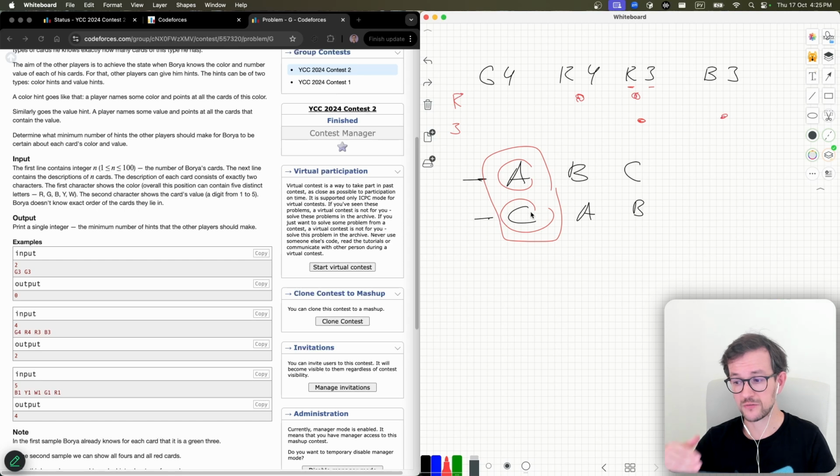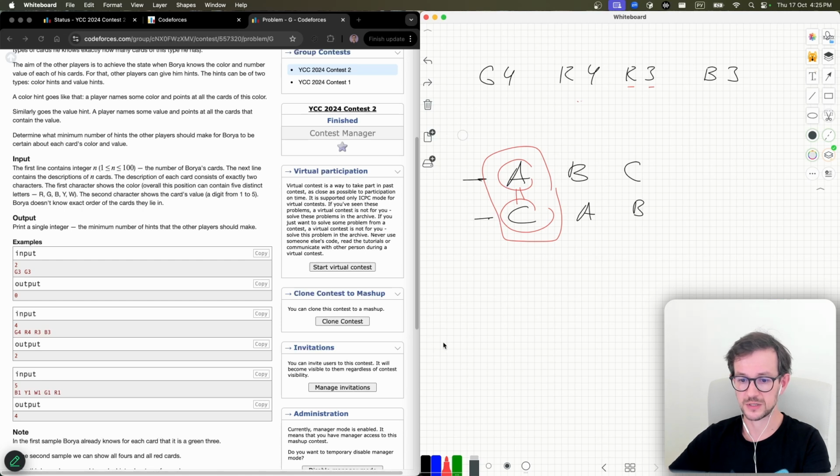So if I don't have enough information to restore the permutation, it means that for some position, I don't know which card is correct. How can it happen? It can happen only if I cannot distinguish these 2 cards. So these cards A and C are actually indistinguishable. So what does it mean? It means I receive the same information about these cards. So for example, in this case,